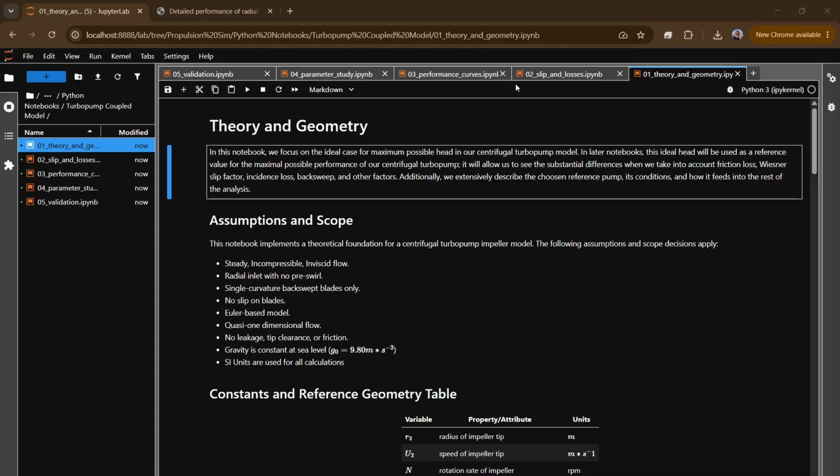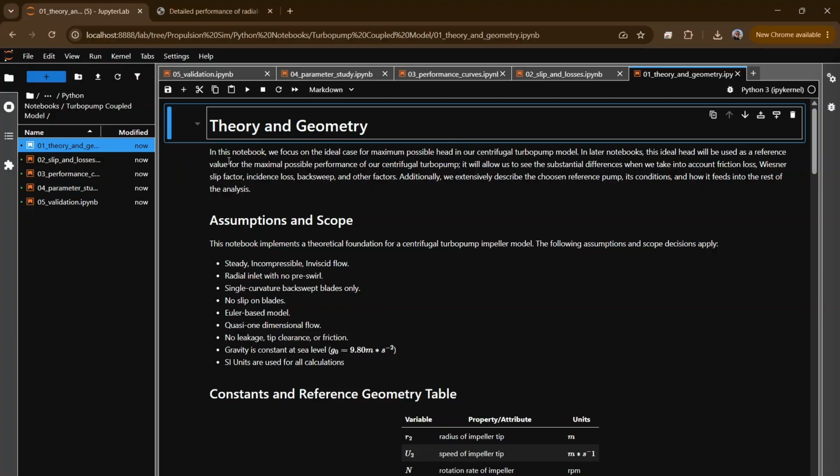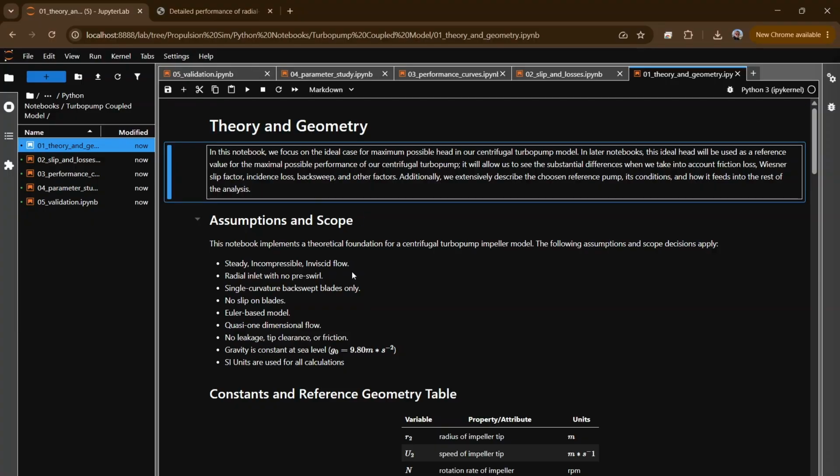So starting with O1, this is denoted theory and geometry, and we focus on the ideal case here for the maximum possible head in a centrifugal turbopump model. Now, in a centrifugal turbopump, you'll notice that if you do the research, there are many types of losses that can occur, and we'll go into depth with these in the slip and losses notebook. But effectively, these losses can cause substantial decreases in head compared to